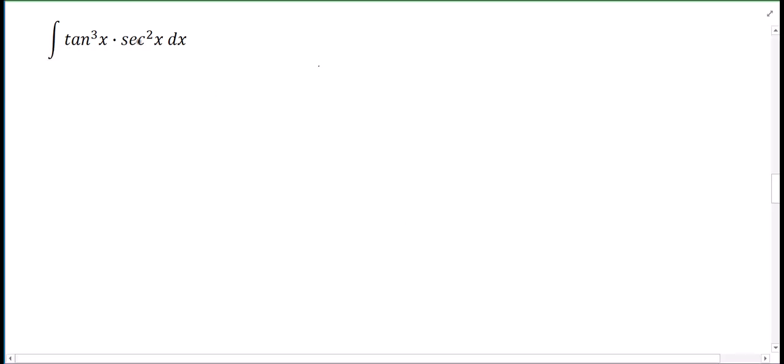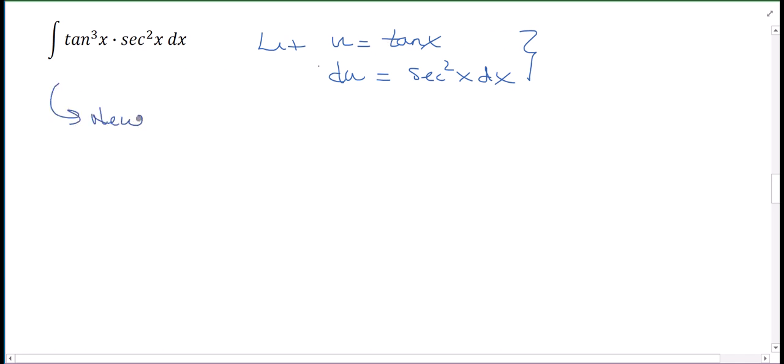And hopefully you do. Notice that I have a secant square x. Who has a derivative of secant square? Tangent. So we're going to let u equal tangent x. You don't have to let it be each piece, right? You can just let it be the thing. I recognize, oh, secant square is a derivative of tangent, so I'm going to let u be tangent. And now when I find the derivative, when I find du, the derivative of tangent is secant square x dx. And now I have my way to translate this integral. So what is the new integral